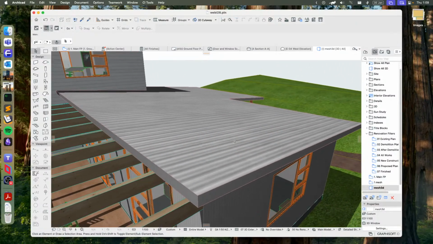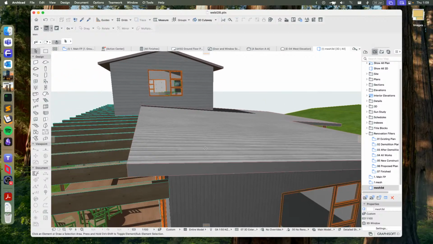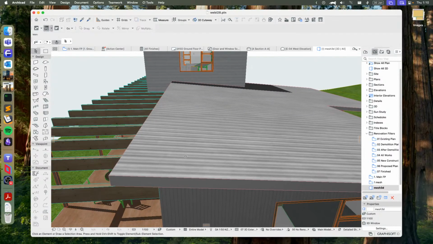And so what the coverings tool will be doing is adding a fully 3D model of whatever type of covering, for instance corrugate here maybe, to this roof, so that not only will it look better in 3D and in renders, but it means that when we cut sections through, you will see the full detail there. Whereas at the moment, if we go to a section view,